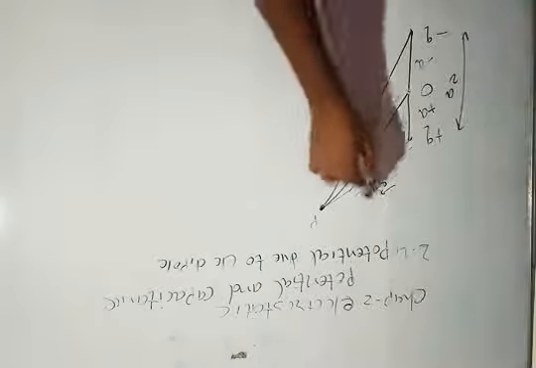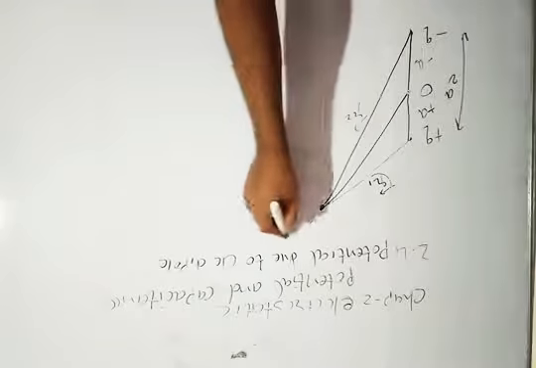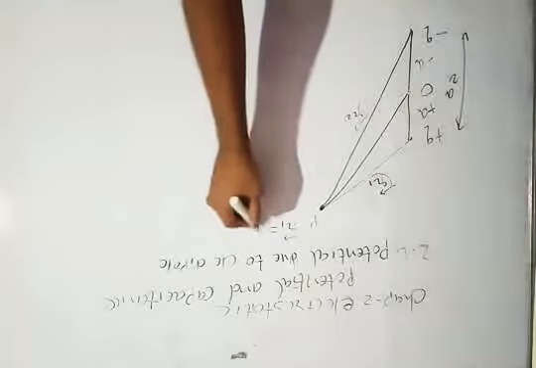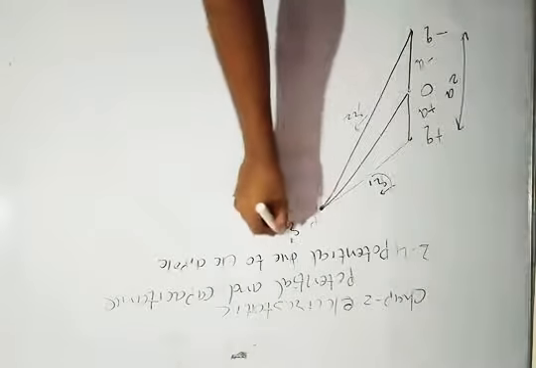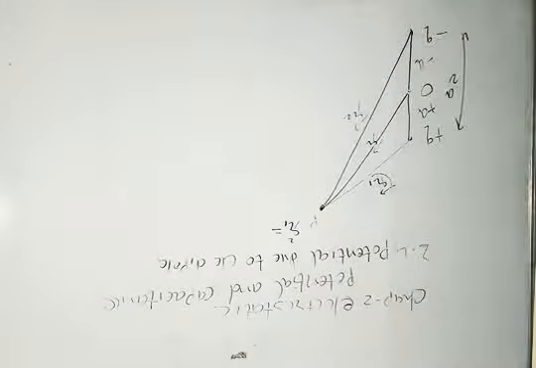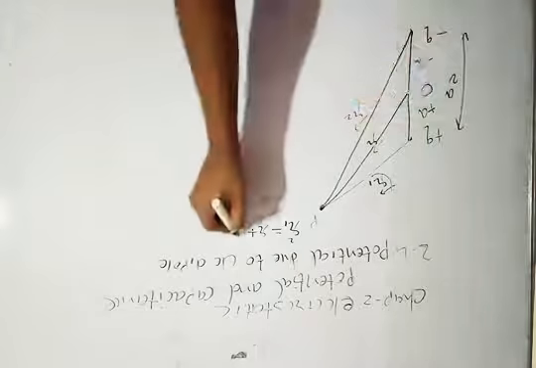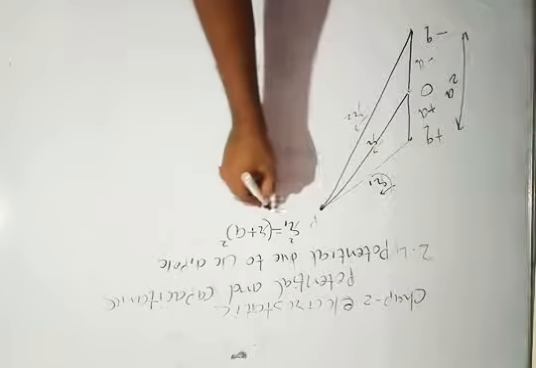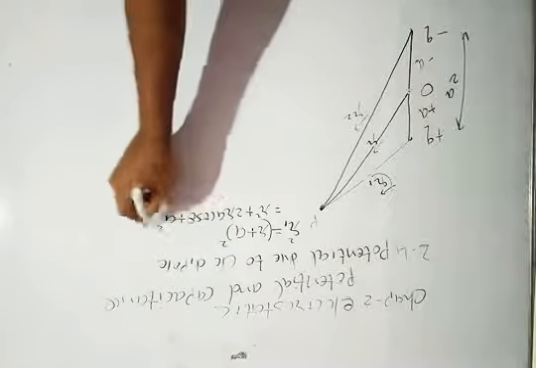Now the equation for this vector r1 will become r1 square is equal to, this is the distance we denote as vector r. Clear? So r1 square is equal to r plus this a, whole square. Clear? Okay. Now it equals r square plus 2ra cos theta plus a square.